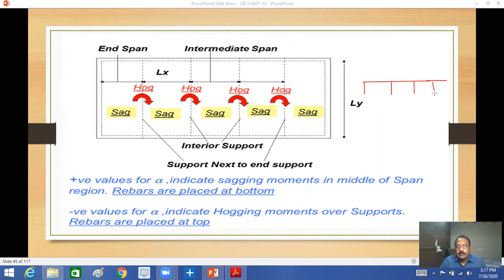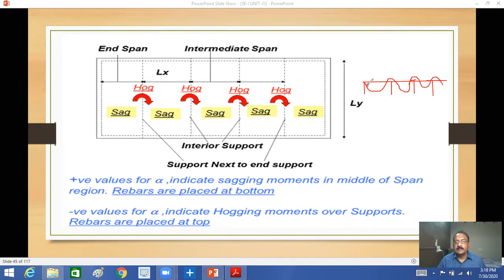If you see the bending moment, how is your bending moment sagging here? In a simply supported slab, the bending moment is at the mid of the span, that's why we provide reinforcement at the mid. Here the bending moment diagram will be like this. You can draw it neatly in your books, showing top and bottom.